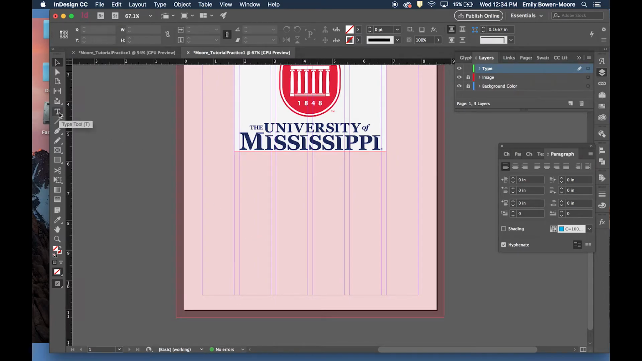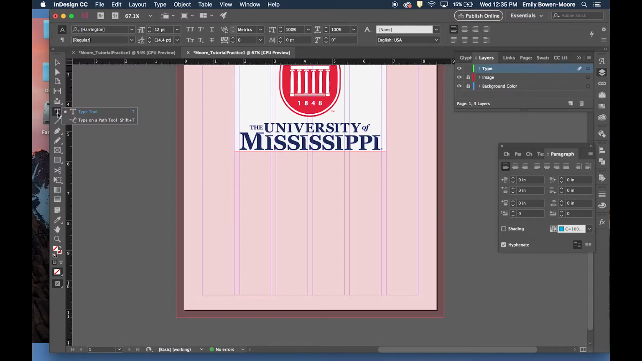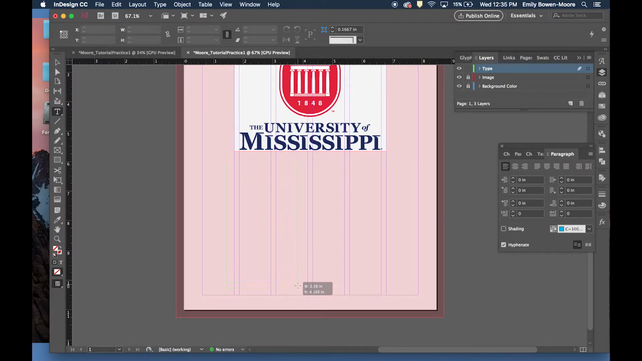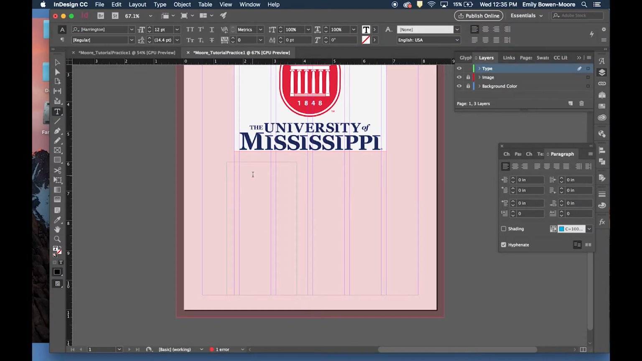Alright, so now we're ready to do some type options here. So I'm going to go to my type tool over here in my tool panel. In my type tool panel, I've got a regular type tool and I've got a type on a path tool. So first we're going to use the regular type tool. I'm going to go ahead and create a column over here to the left. We're going to eventually create two columns, so I'm going to keep this one right here. Now when I drag and let go, it automatically puts my cursor in place. You can go ahead and start typing,